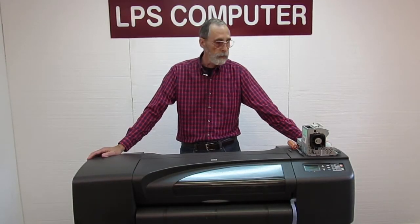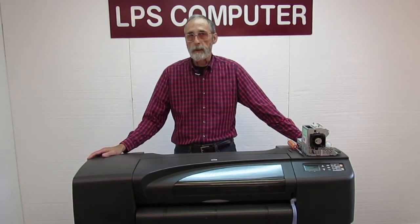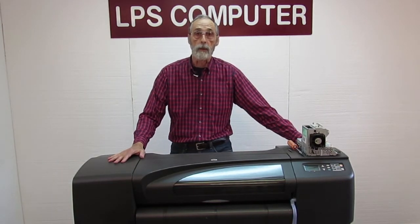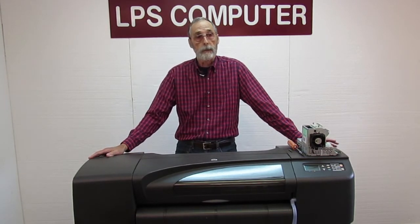Today we're going to replace the electronics module in the Designjet 800. The procedure is also the same for the 500 and the 510, although the parts are slightly different. So if you're getting an error code,